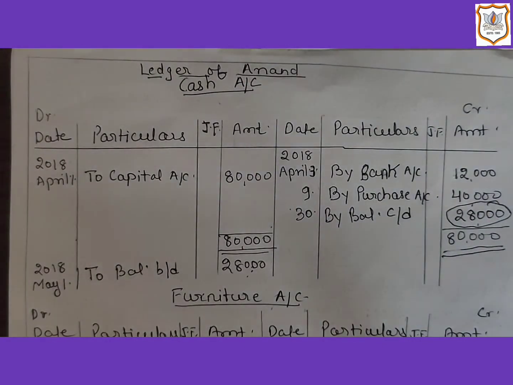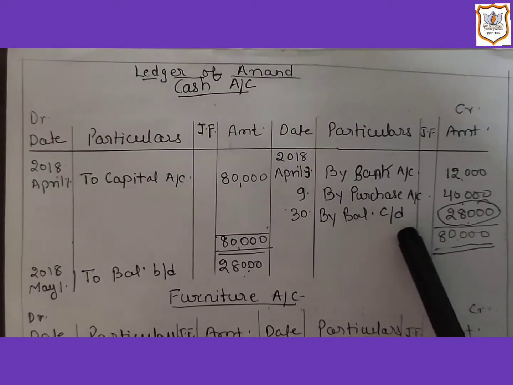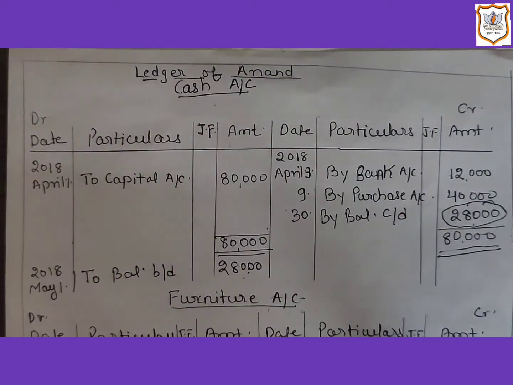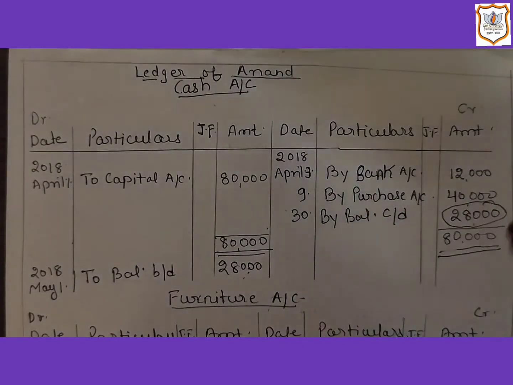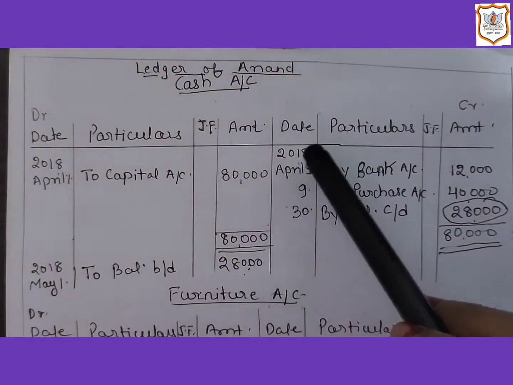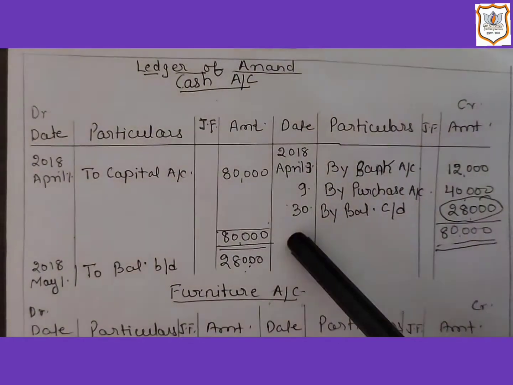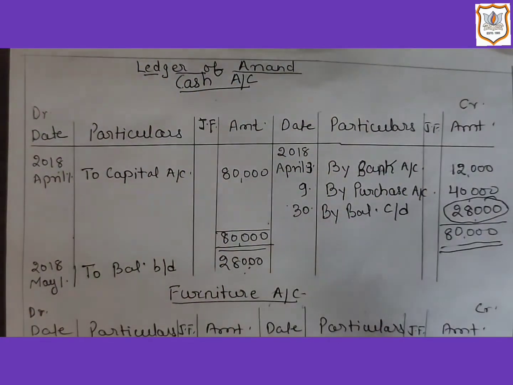And in the column of particulars, balance carried forward is written, or in short form, we can write "By balance c/d". And in the date column, the last date of the respective month will be written, because generally such a balance is found out at the end of a month or a year. Here it is the April month, so the last date of April is 30. So here we will write 30. Here the balance of the account is also known as the balance at the end or a closing balance.